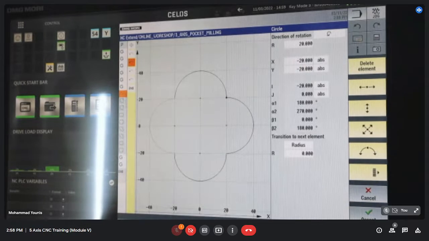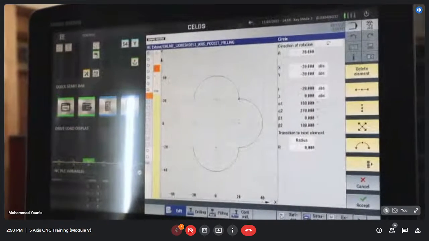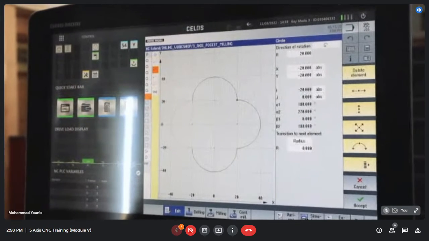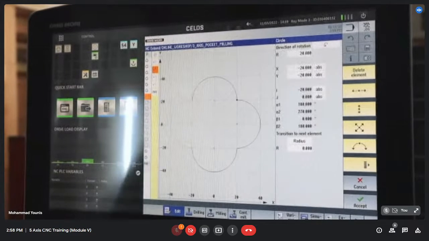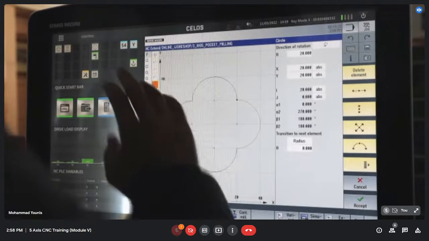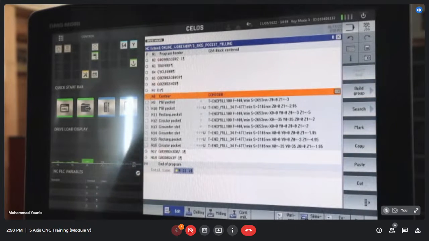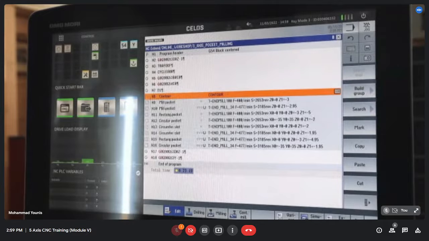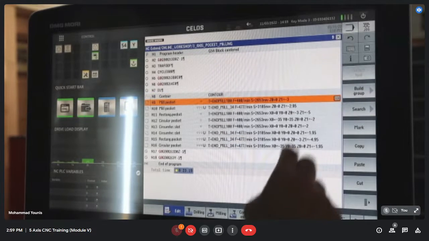So here you can see this contour is made by providing the coordinates for all the semicircular shapes, and then we have combined them to form one complete shape or contour. So finally, after this complete figure is done, we tell the machine in block number 9 that we want pocket milling